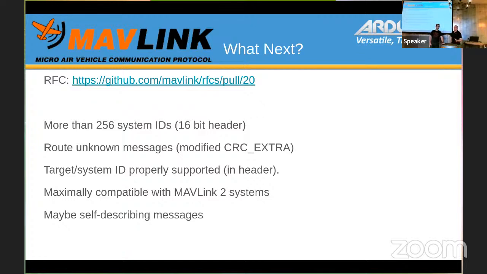The question is, have we considered separating the message definitions from the serialization or the protocol itself? Well, that already exists. That's kind of what Hamish was talking about with Mavlink versus PyMavlink, and that serialization is basically defined in PyMavlink, which is managed and released separately. So pip install PyMavlink will get you the latest PyMavlink release. And PyMavlink, in addition to the Python library and Python helpers, includes the serialization and the header generation, because PyMavlink kind of describes more than one thing, unfortunately.